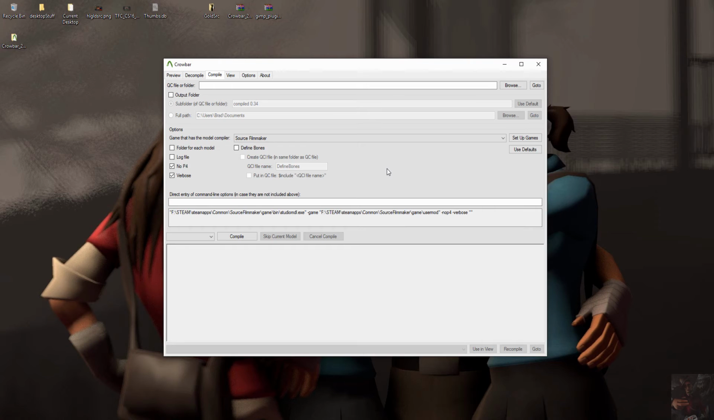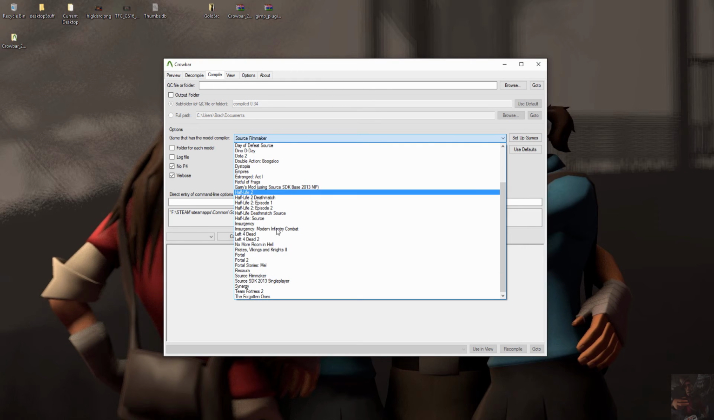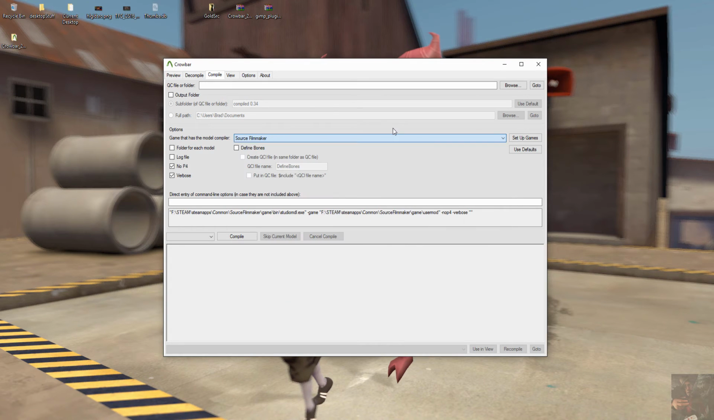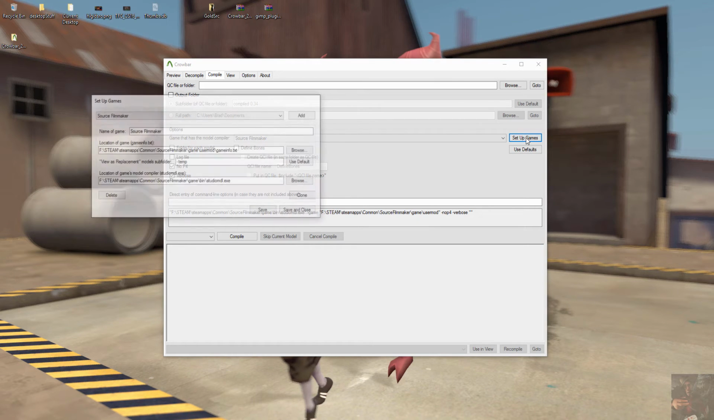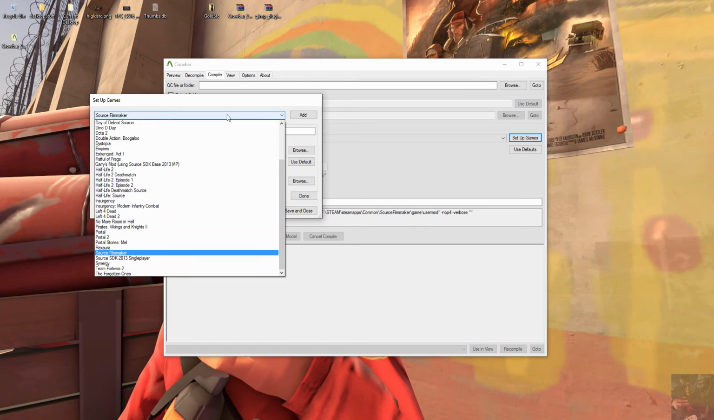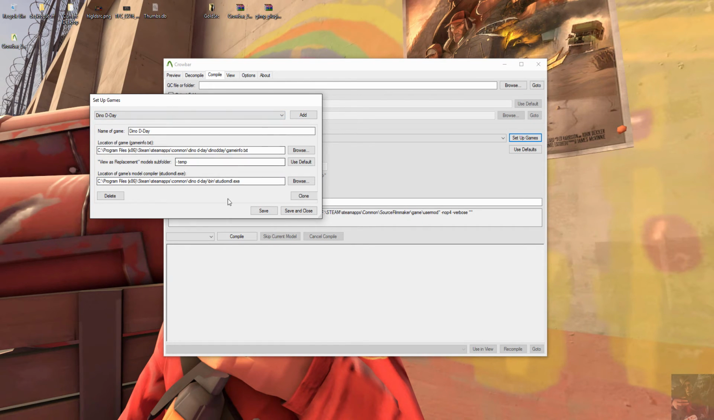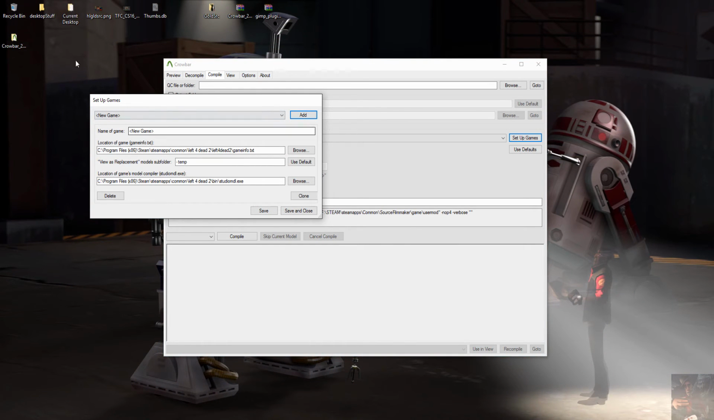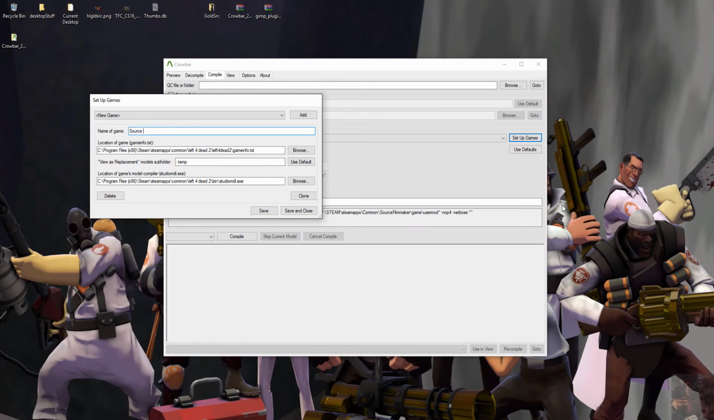Now, if you do not find Source Filmmaker in the list of games here, you actually have to set it up. The way you do that is by going here and clicking on Game Setup, or Setup Game. I didn't have Source Filmmaker in my list, so I'm going to click on Add. Everything will come up here, new game, and basically all I have to do now is name the game, Source Filmmaker,